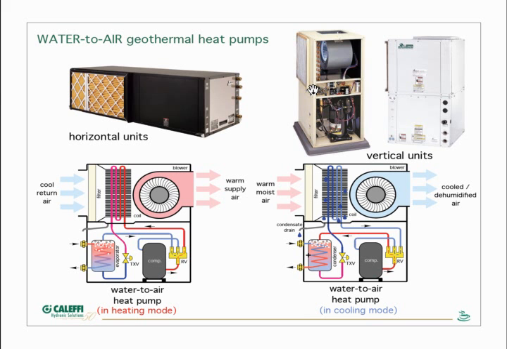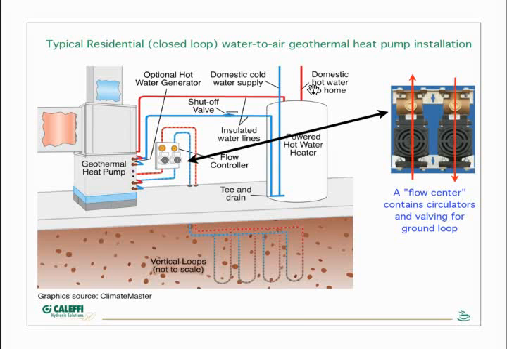And most of the manufacturers offer a range of models in both horizontal and vertical cabinets. Here's a slide that shows what I call a typical North American installation. See the heat pump on the left side here, a vertical cabinet with a flow center or flow controller. And there's a graphic over here on the right. It's essentially a combination of, well, anywhere from 1 to as many as 4 circulators and a couple 3-way ball valves that are used for purging. Various manufacturers put these together to create a module such that you simply run a couple flexible hoses from this flow center over to the heat pump and then connect the other side of the flow center to the earth